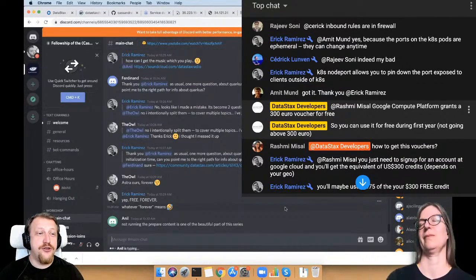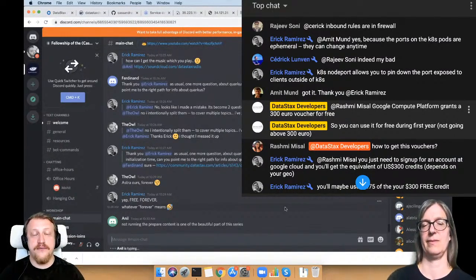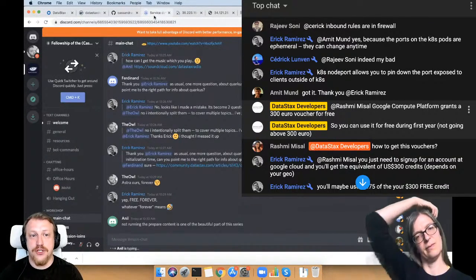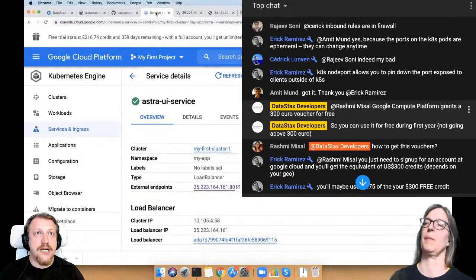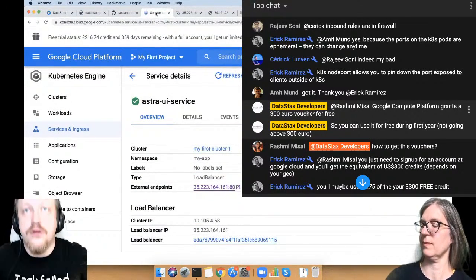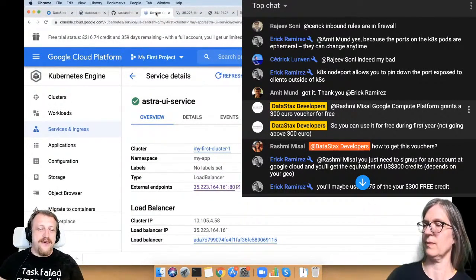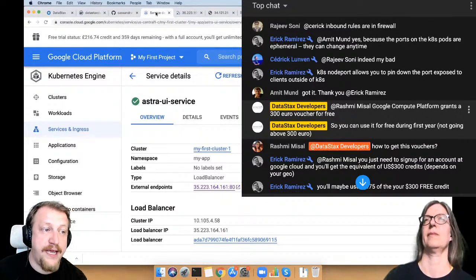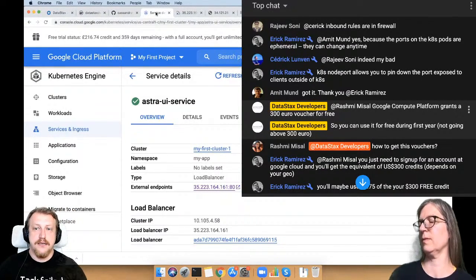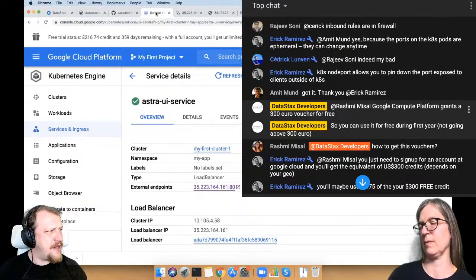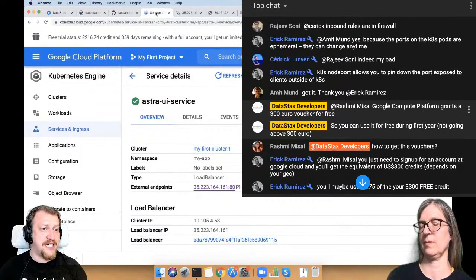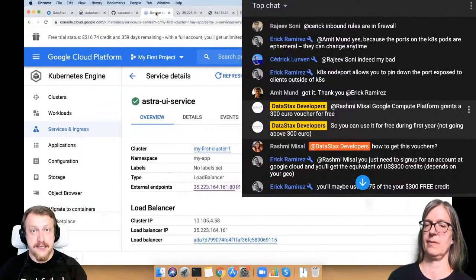But if you have used your GCP voucher already, or you cannot use GCP, the instructions we gave for the Google Kubernetes Engine will be very similar, for example, on the AWS Kubernetes. Well, not completely. There will be some minor adjustments needed, but it will work also on AWS.